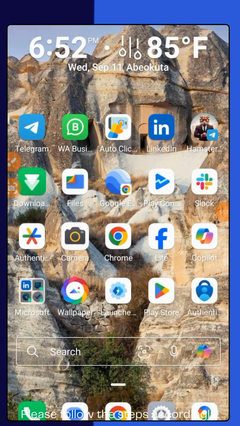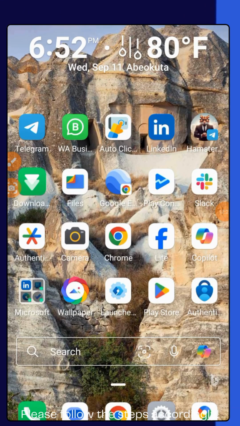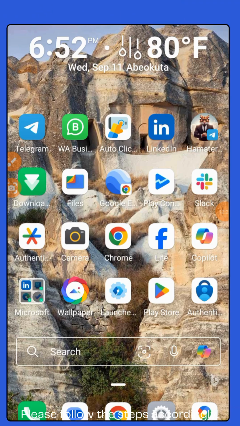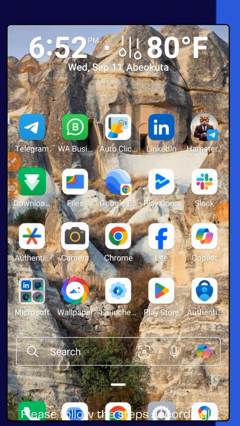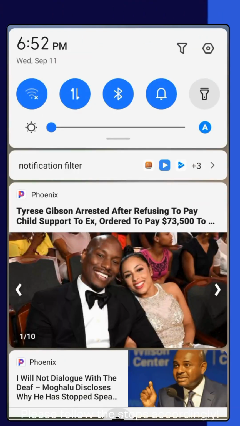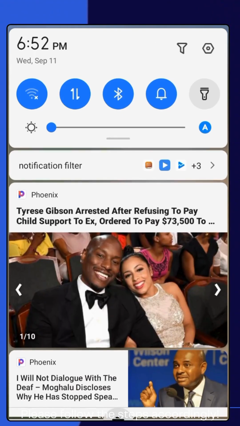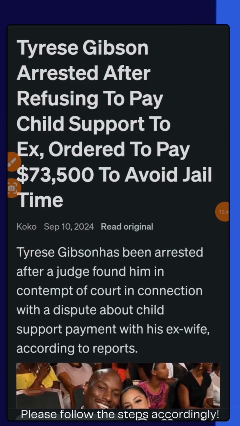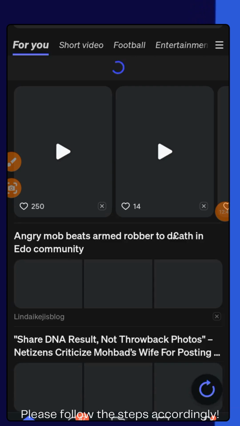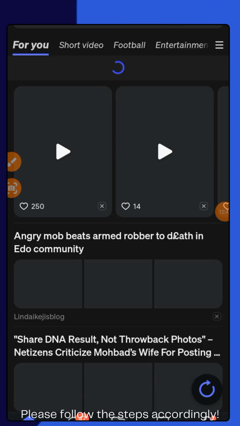Minimize your phone. Then you can check in many ways. You can either check through files or you can check through Phonics. If you have Phonics on your phone, I can scroll down. Let me scroll down. I have Phonics. Let me just open Phonics. If I open Phonics, I will click on files. You can see files at the bottom here. Once I click on files,